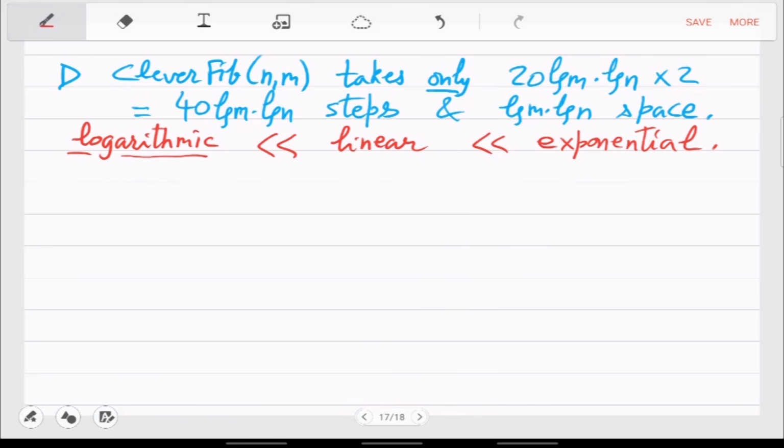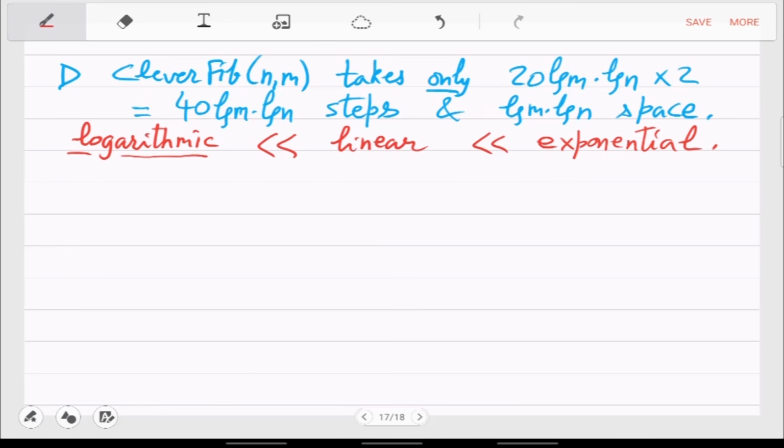So super fast will be logarithmic, that we have achieved. Linear was iterative fib and exponential was recursive fib. So you have seen the whole spectrum. This is the spectrum of almost all the problems which you will face in your future, in practice, in engineering, or in this class. I don't think you will ever see a problem which will require more than exponential time. And again, it will be rare to find a problem where you will have a faster than logarithmic time. This will be the scale of your efficiency and inefficiency.